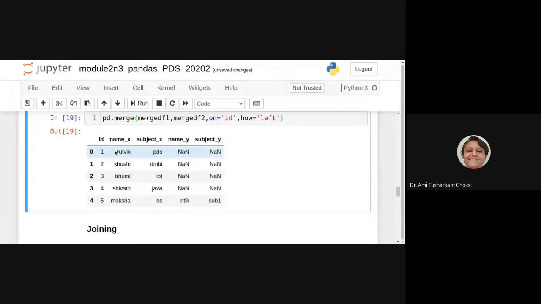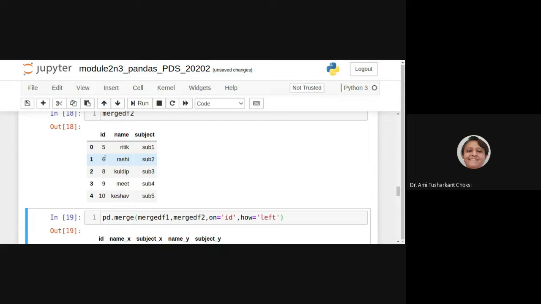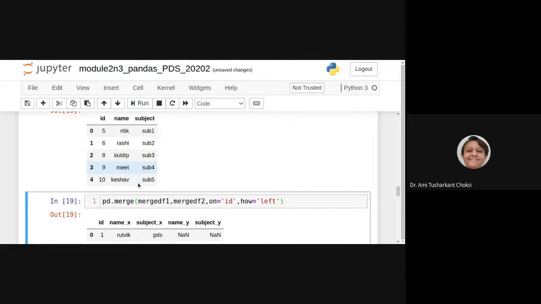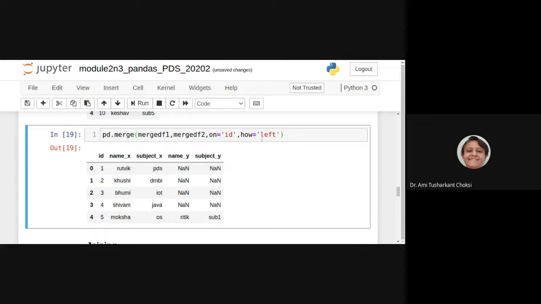df1, that it prints. For df2, we can say for IDs 1, 2, 3, 4, we do not have any value. We have just changed our merge df2, isn't it? We have changed the IDs and now we are having the IDs. They are 5, 6, 8, 9, 10, right? So with that, we can say that left, what we want is we want to merge, but how?